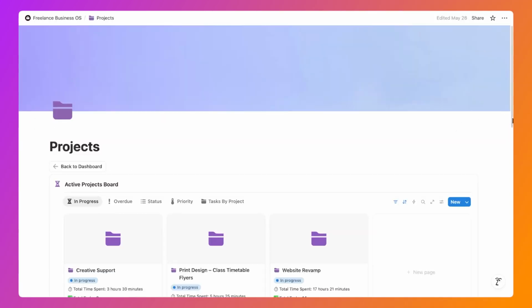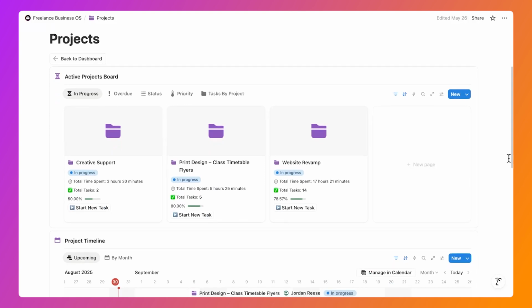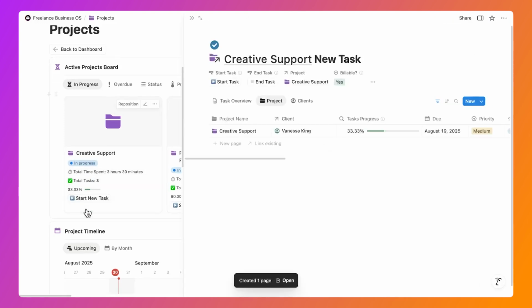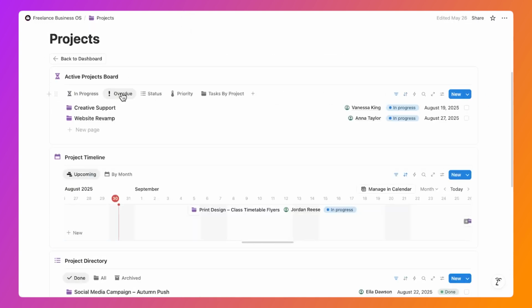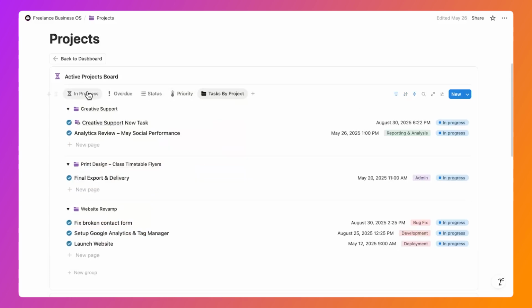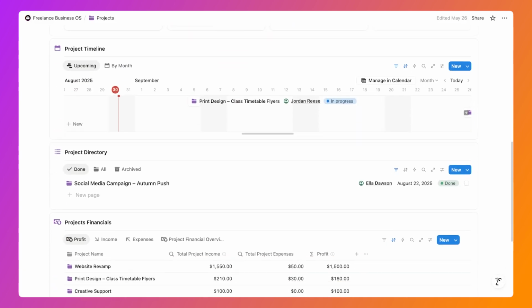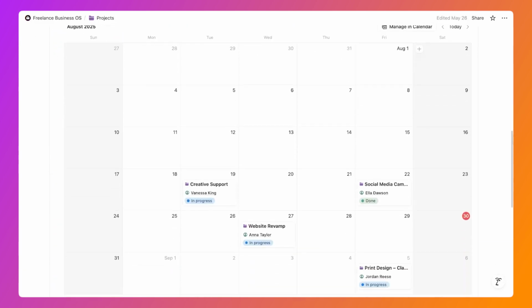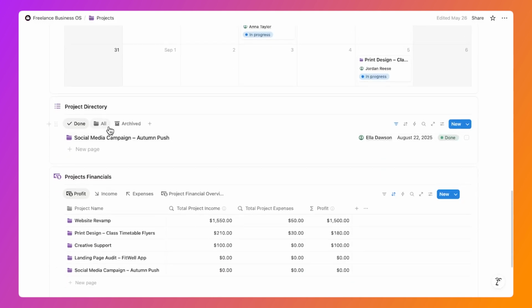The Projects page gives you a clear overview of all your work. In Gallery View, you can instantly see the time spent on each project, track tasks alongside a visual progress bar, and start a new task directly from this page. View overdue projects in List View, filter by status and priority, and sort tasks by project for easy organization. View upcoming due dates in timeline or calendar formats, quickly browse completed and archived projects, and get an at-a-glance snapshot